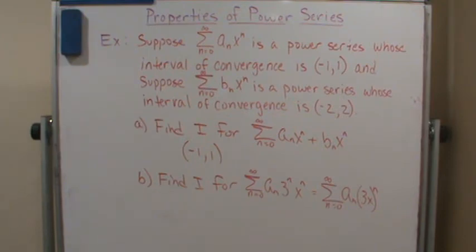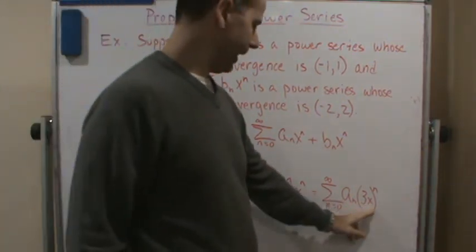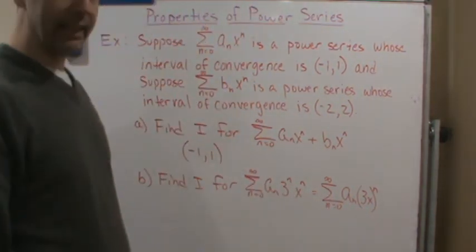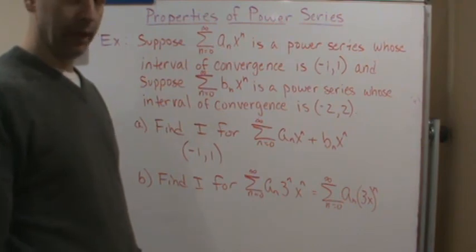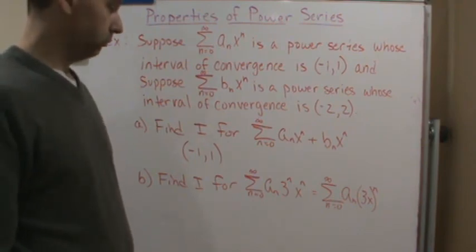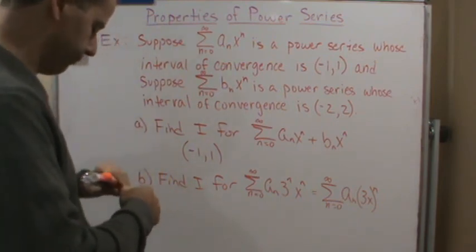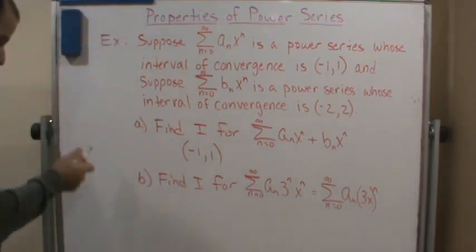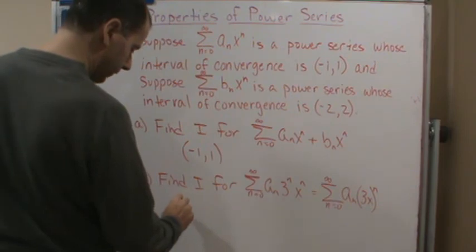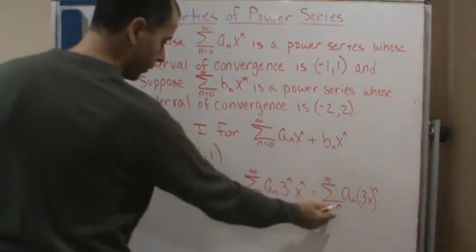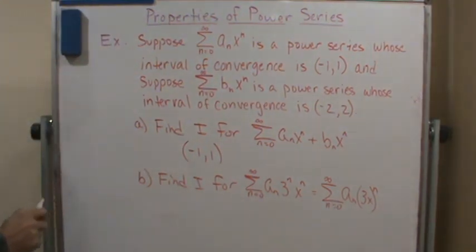This series converges at 3x if 3x is in the interval -1 to 1. Okay? So what does that mean? So this converges if 3x is in the interval -1 to 1,